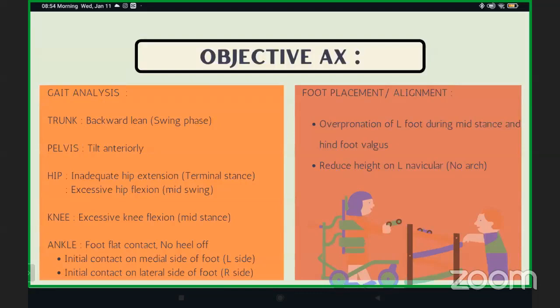For the gait analysis, I don't have a video for this patient, but this patient is the same as Prof. Rashida's patient, so you can imagine from the gait video just now. For the trunk, patient will have a back lean during swing phase, and the pelvis is tilting anteriorly. For the hip, patient will have inadequate hip extension during terminal stance and excessive hip flexion during mid swing. For the knee, patient also has excessive knee flexion during mid stance, and for the ankle, foot flat during contact,